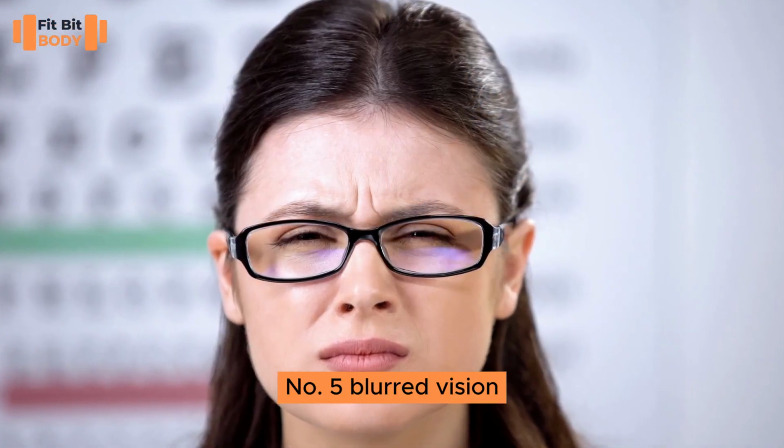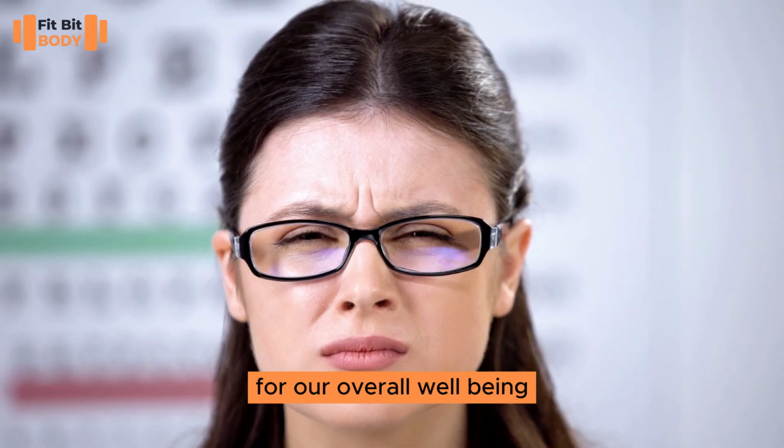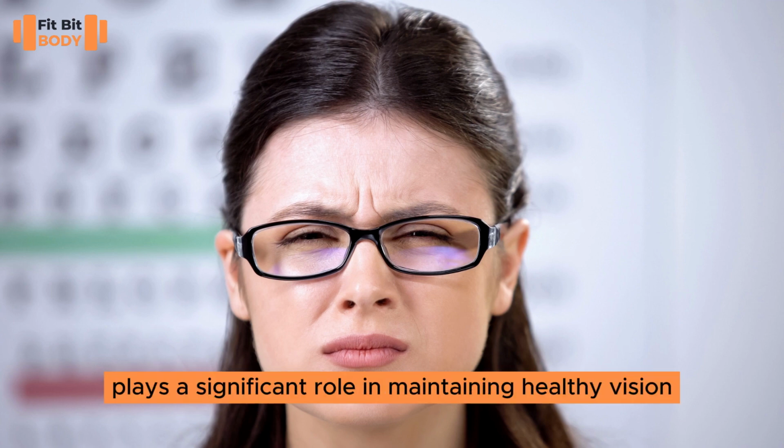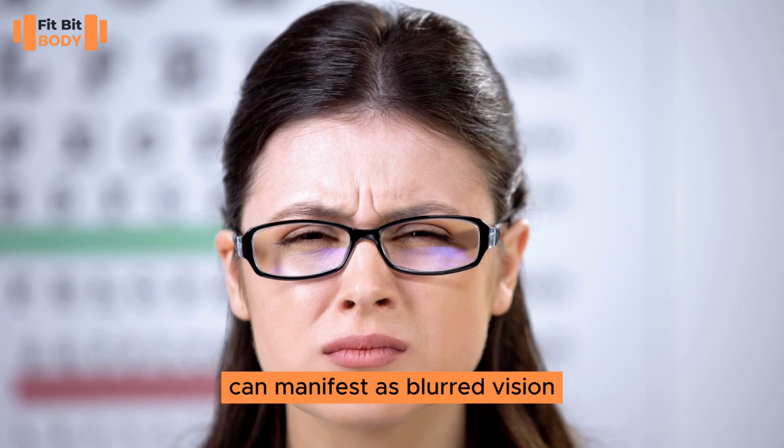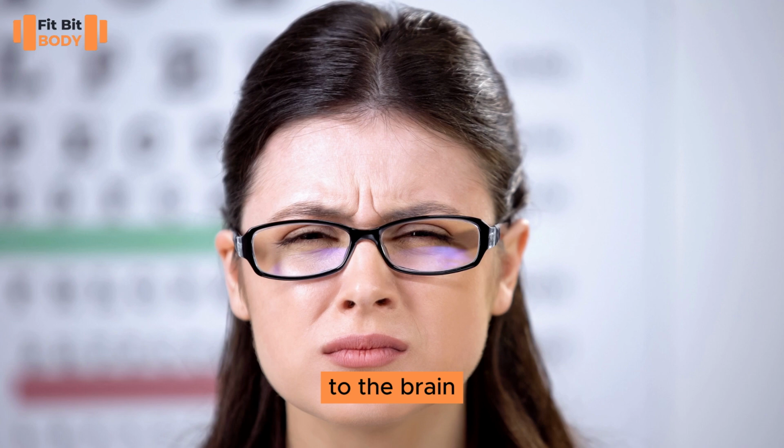Number 5. Blurred vision. The health of our eyes is crucial for our overall well-being and quality of life. Vitamin B12 plays a significant role in maintaining healthy vision, and a deficiency can manifest as blurred vision or other visual disturbances. The optic nerves, responsible for transmitting visual information from the eyes to the brain, rely on adequate B12 levels for proper function. When vitamin B12 is lacking, these nerves may not function optimally, leading to blurred vision or